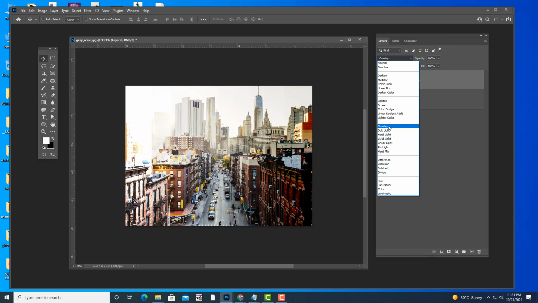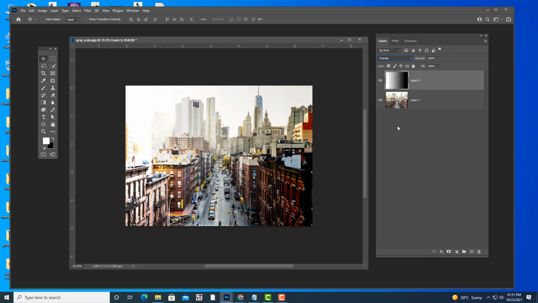So in the contrast section, what are the blending modes? Overlay, soft light, hard light, vivid light, linear light, pin light, hard mix. First we will start with overlay. See here, this area is full dark, this area is full white, and the center area is totally transparent. So this blending mode has retained the dark colors and light colors, but subtracted the gray colors. It has made the gray colors fully transparent.